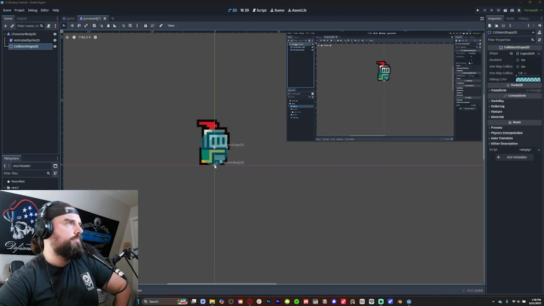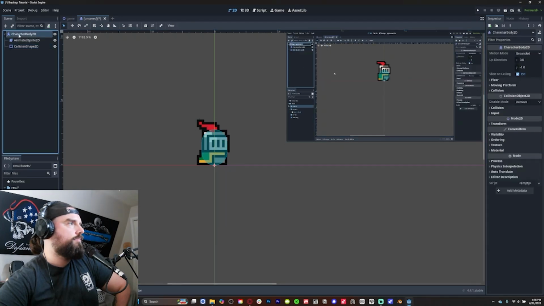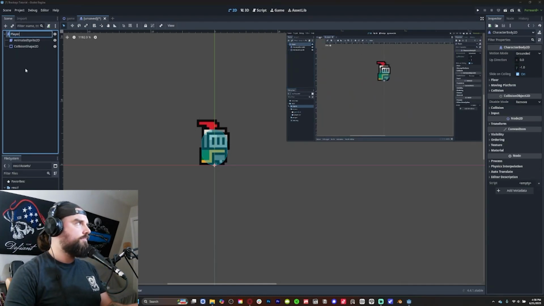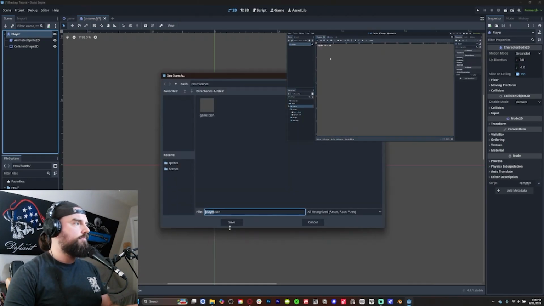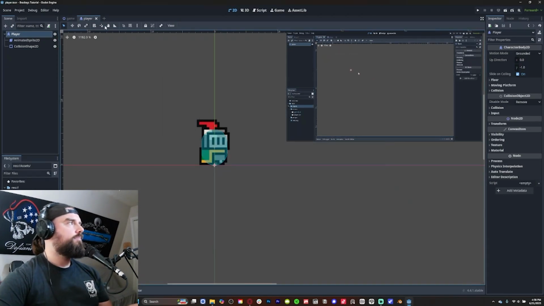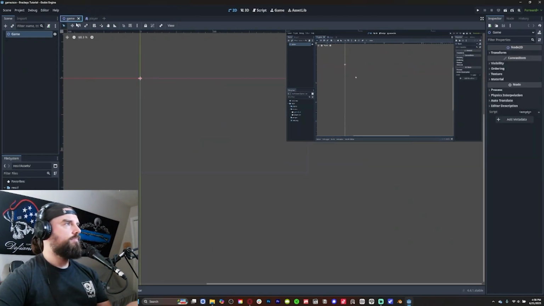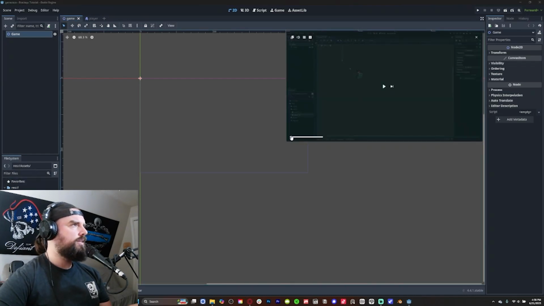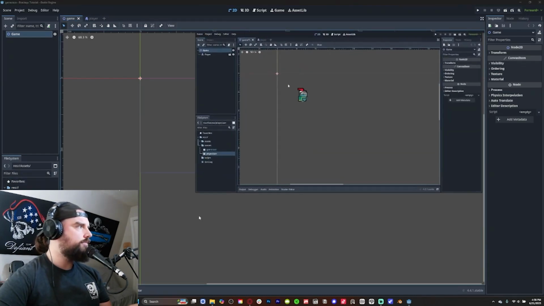So let's now rename the top node here to player. And let's save the scene, Control S, as player, hit save. And now we can go into our game scene and simply drag our player in here. So I'm going to go to the top here and drag in the player. We also need to create a camera so that